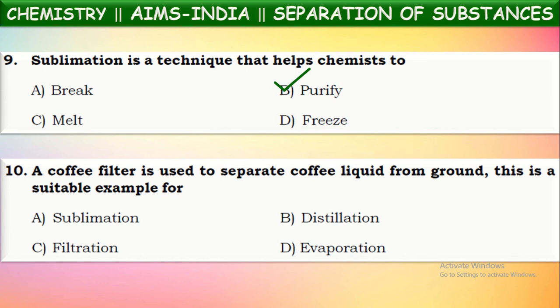What process is happening in the separation of this coffee powder from the decoction by using a coffee filter? That process is called... Yes, see here, by using a filter or some other cloth, they pour the decoction into this. Then coffee powder will remain in that cloth or filter. Pure decoction will be collected down in another container. This process is an example of filtration, isn't it? Filtration. Okay. Next question.